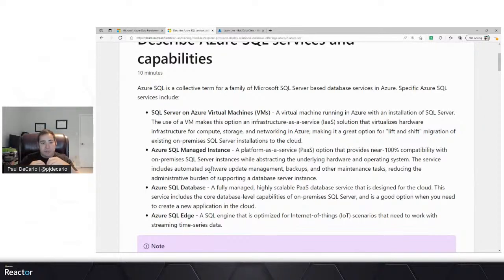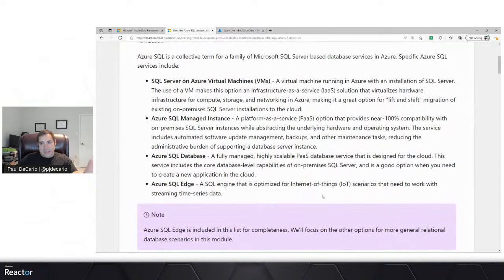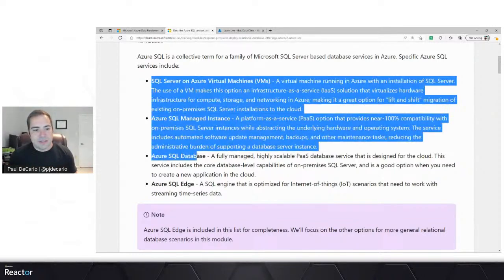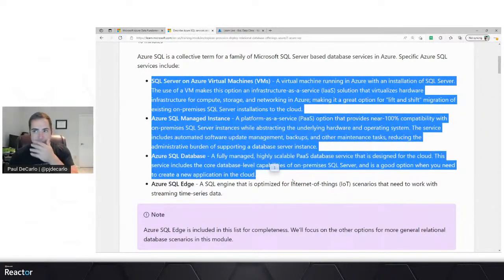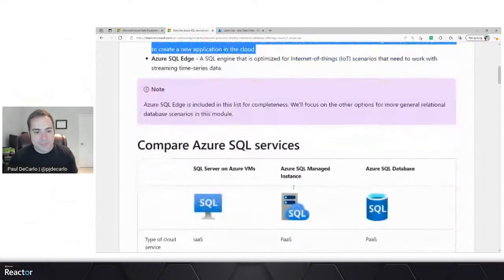And taking that even smaller, you can use an Azure SQL database, which is a database service that just includes the deployment of a single database, where all of these management and database level capabilities are taken care of for you. And finally, for completeness, there is an offering called Azure SQL Edge, which is a SQL engine that's optimized for Internet of Things or small form factor single board computer type of scenarios for working with streaming time series data. So we include that in this list for completeness, but we're primarily going to be focusing on these three options as we continue with different sessions in the Game of Learners tracks.